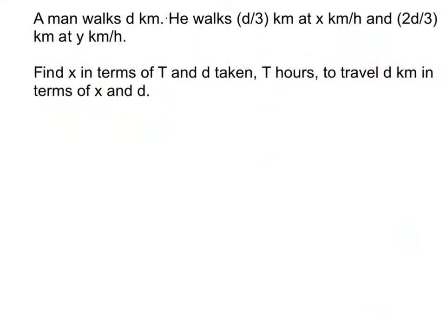For this next part, it's asking us to find x in terms of t and d. So this will be using the equation that we just derived in the previous part, where t is equal to 7d over 9x. Now basically what we need to do is to bring the x to the left hand side and the t to the right hand side. So the easiest way of bringing the x to the left hand side is we're going to multiply both sides by x. And if we times that by x, that will cancel that one down. So we now have